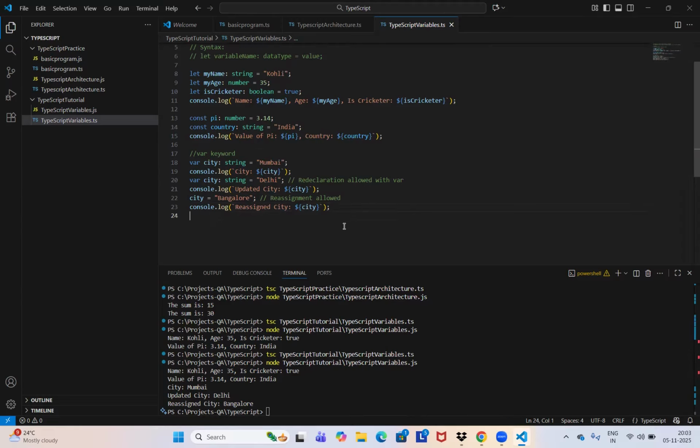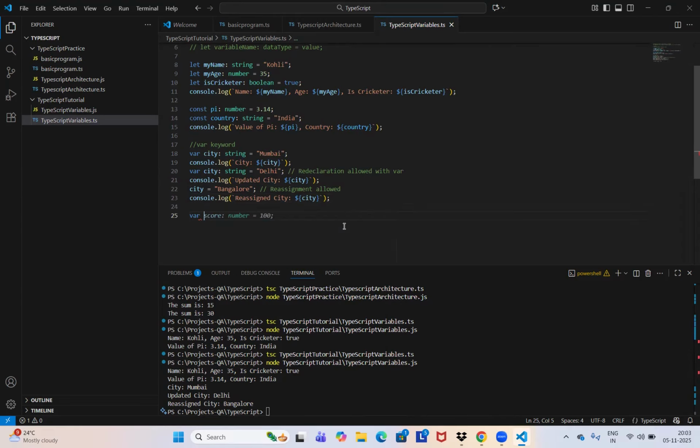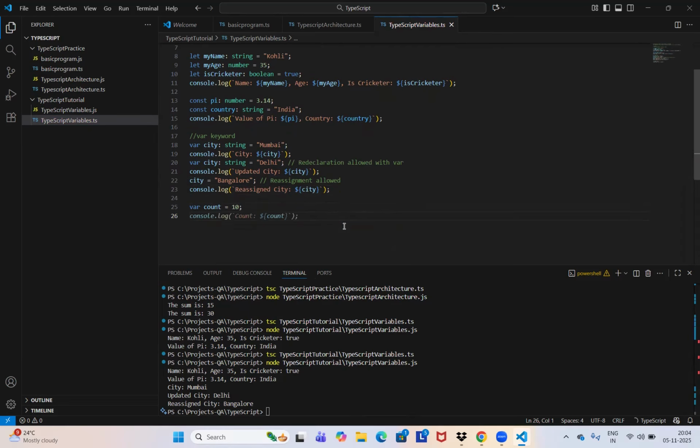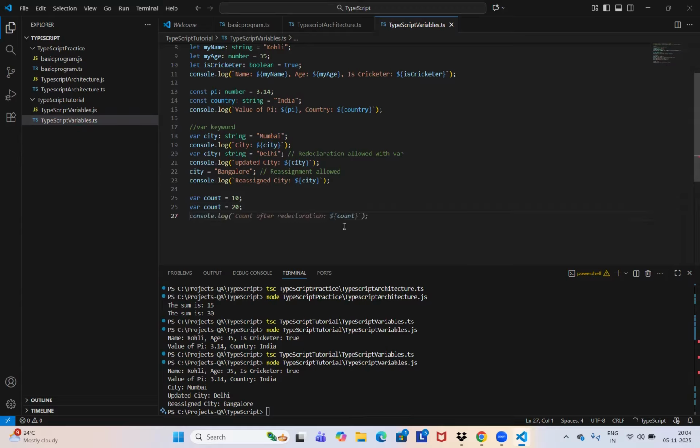Here, one more thing I can show you. var count equal to 10. Okay. Now, var count equal to 20. See, now when I try to print this value,